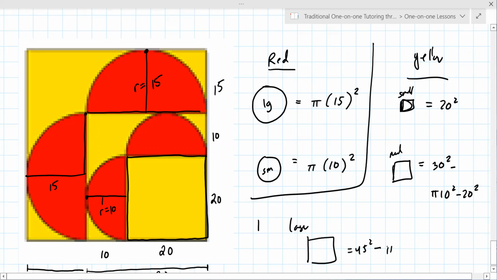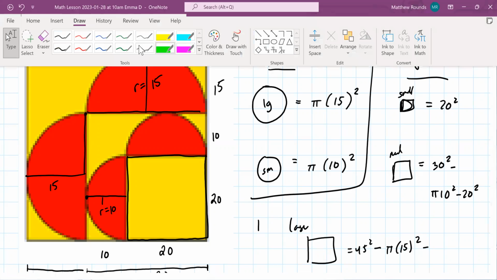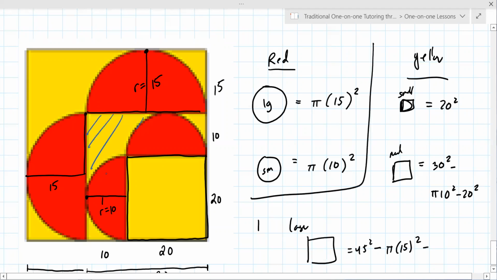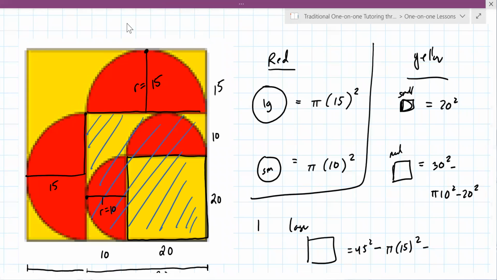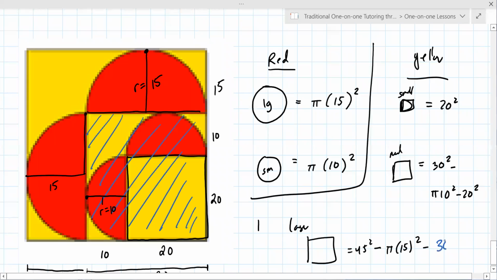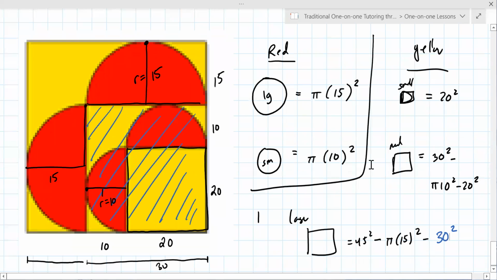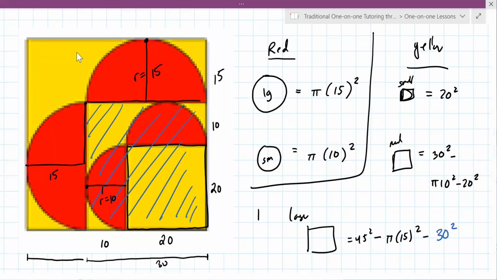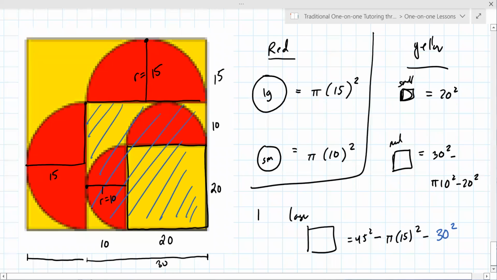which is pi 15 squared, minus just, like, think of this square as you don't care what's going on in there. So it's the medium square. Right. Just the medium square though. So it's minus the 30 squared. Got it. Okay, now in terms of numerical value, so we want the